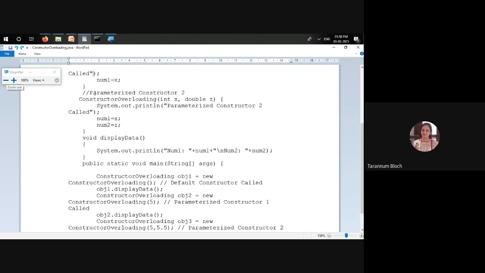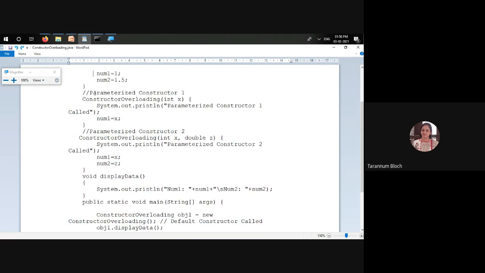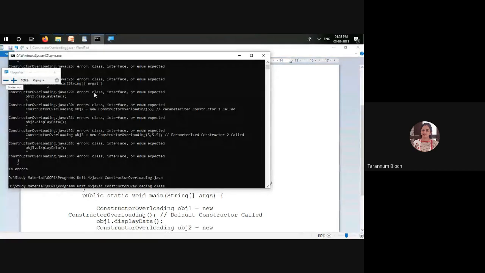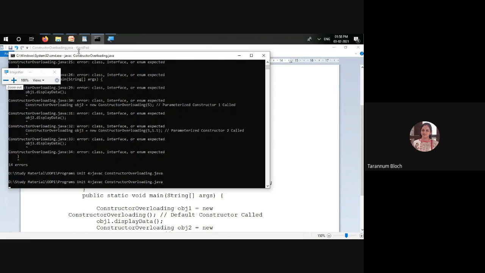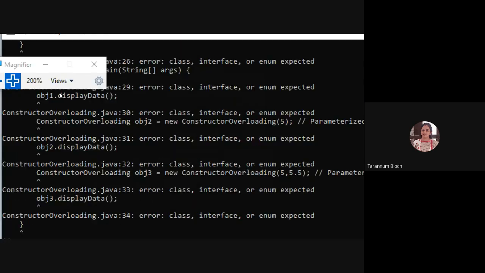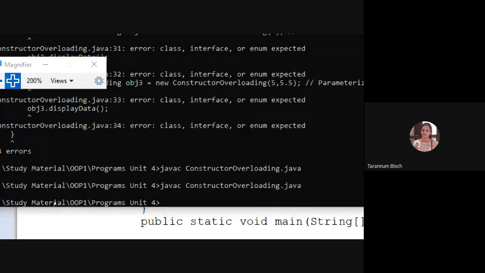So this is my default constructor. Let me comment it. So now it's not there. Can you guess the output? What will be the output? Are you getting the point, Parth?